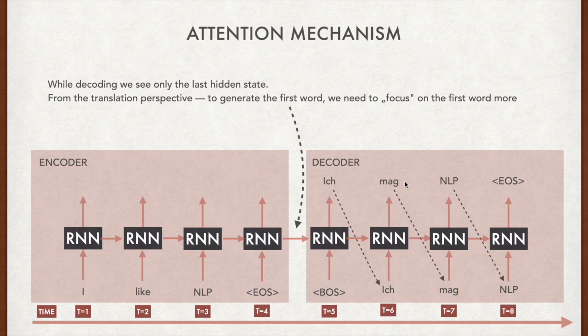In order to produce the first token of the translation, the model needs to reach the first token in the input sequence, because the translation of the word I in German is the word Ich. However, the model can only access the last hidden layer, which is a mixture that represents the first token only